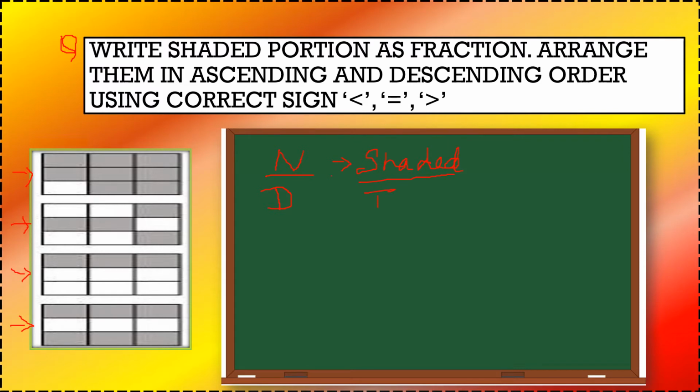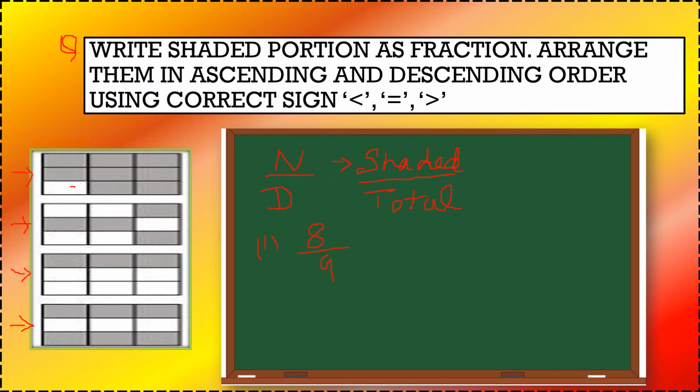So this is, I think so everyone knows, right? So I'm writing this shaded upon total. Okay, so now quickly we will try to make these fractions, and as we see that there are total 9 parts in the first one. Fine, so I will write total as 9, that is my denominator, and then I'll count how many parts are shaded out of 9. So I can clearly see that there are 8 parts which are shaded out of 9. Only one is left here, so it is easy to calculate, right? So this is my first.